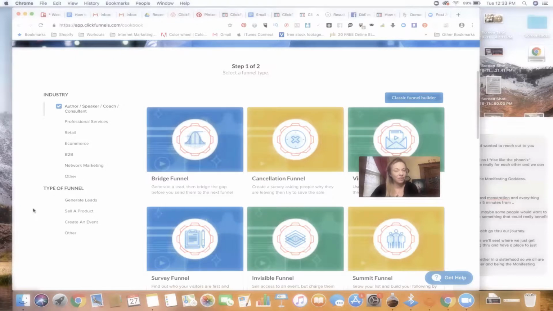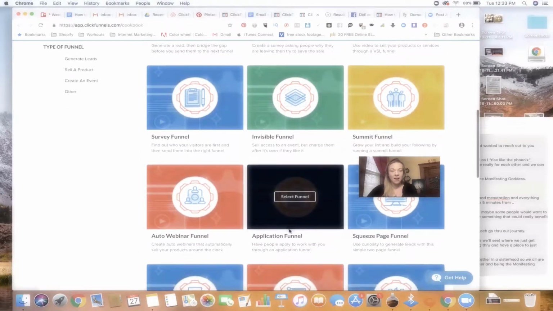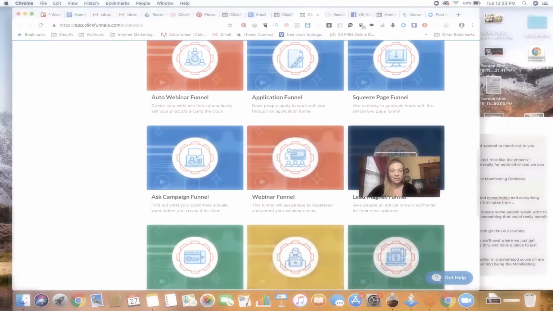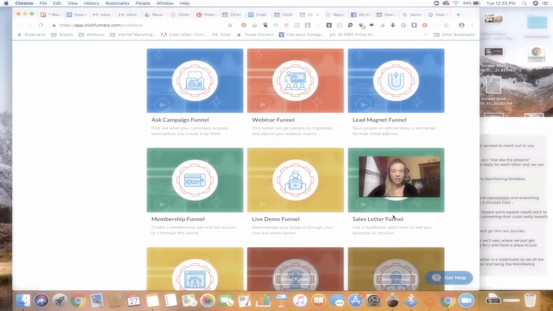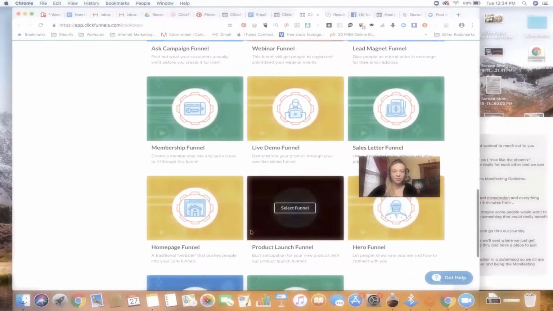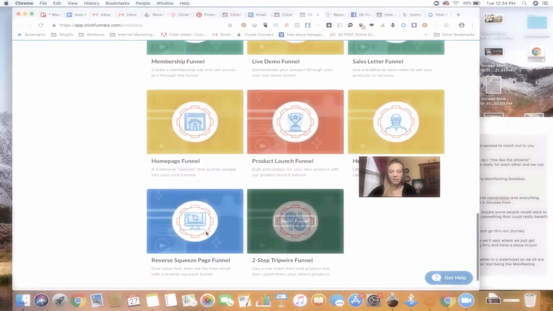You can do a few different things if you're out to generate leads, sell a product, create an event, maybe a webinar, or other, right? So pick what type of funnel that you're out to look for. Let's do a basic lead magnet here. So here, if you're doing a webinar, you have a webinar funnel. If you're doing a sales funnel, membership funnel, product launch funnel, you just want to pick which kind of funnel,